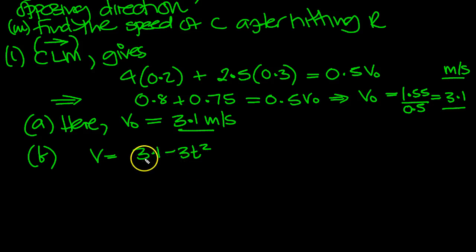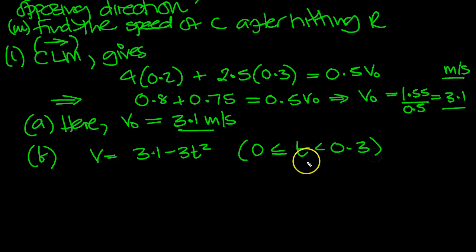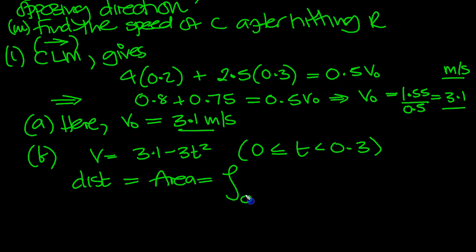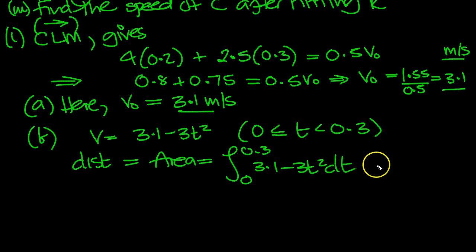Now, t goes from 0 to 0.3. On the velocity-time graph, the distance will be the area under the curve, which equals the integral between 0 and 0.3 of 3.1 minus 3t squared dt, that's the area under the curve, which equals